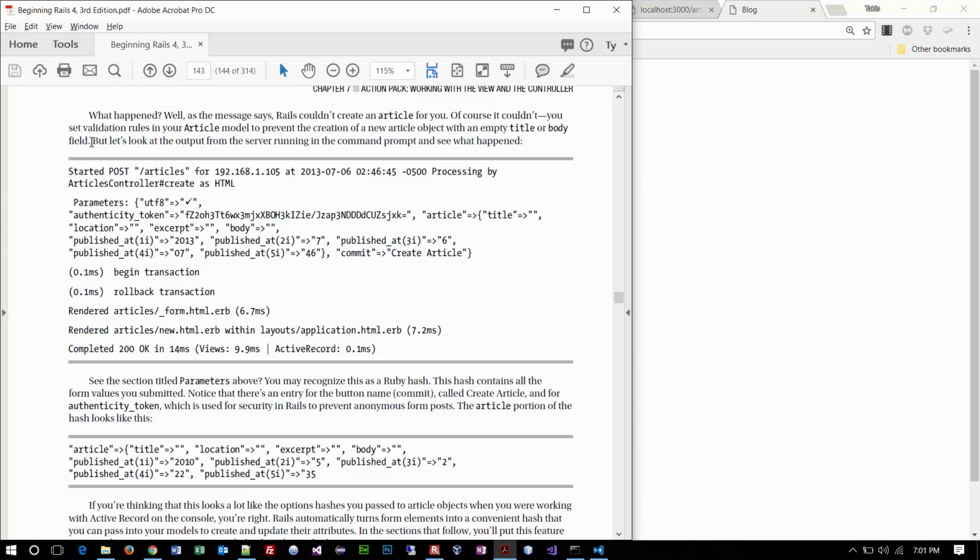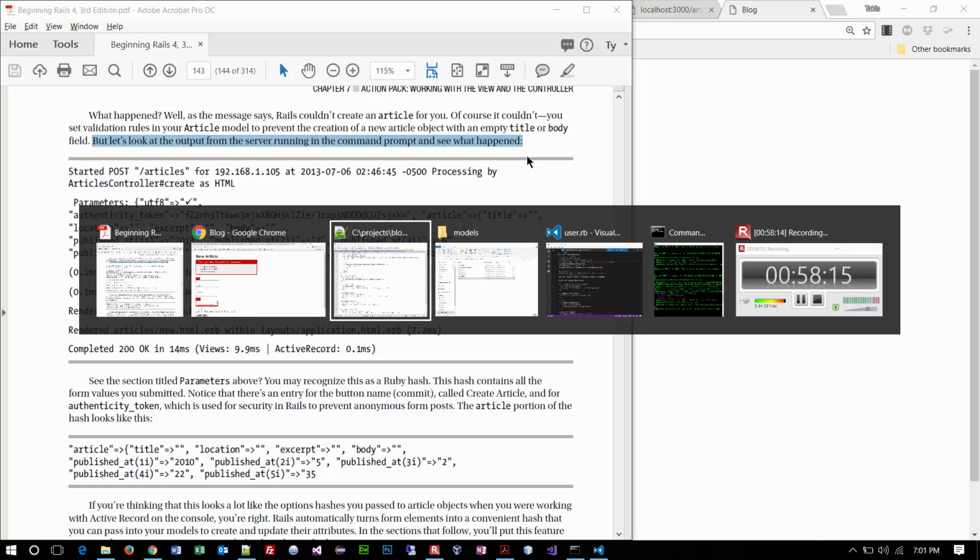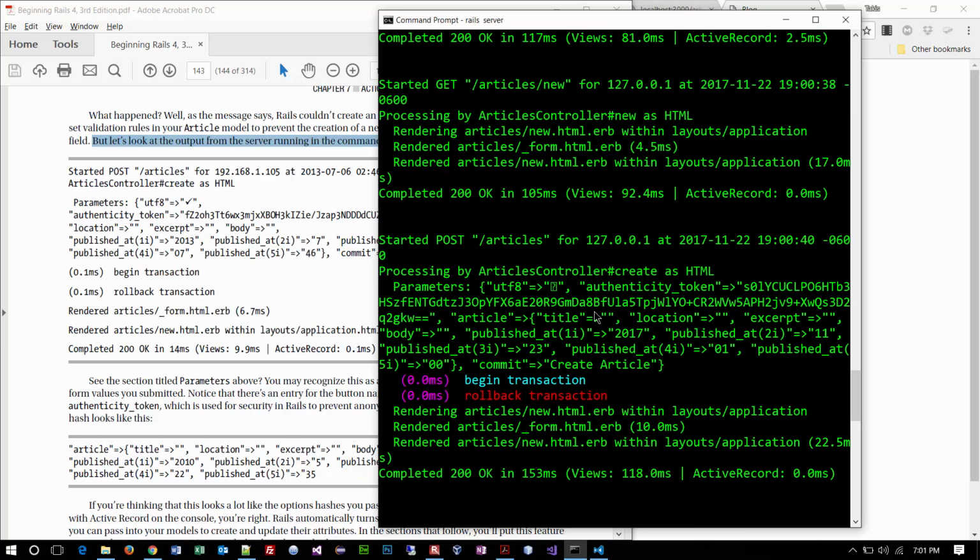Now this is what's kind of interesting here, because really what they want you to do is look at the output from the server. And that's not something that, as typical users, we worry about. But if you notice here, what they're trying to show you, and this is true for any web server, is that there are always engines running in the background that log all the stuff that happens. So anytime you go to a website,